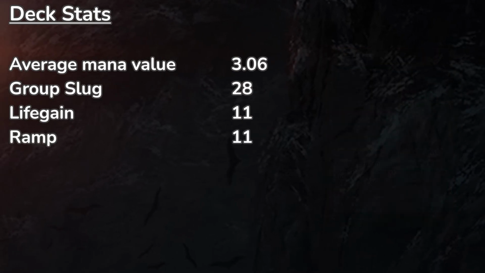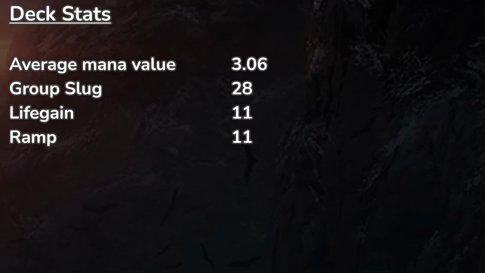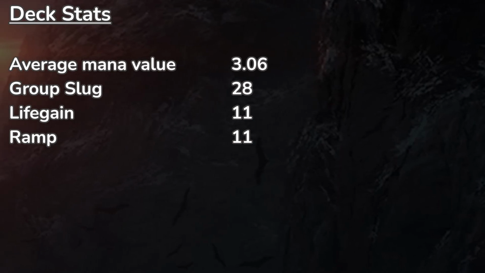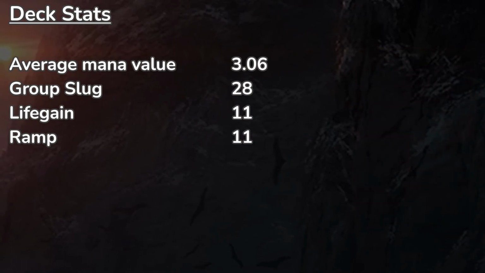Now this deck has 11 sources of ramp. I wanted a decent amount of ramp in this deck, because whatever we find with Florian's trigger, we need to play that card this turn, or we're going to lose access to it. Not to mention, we've possibly already paid mana this turn on something like Flame Rift to make our opponents lose life to trigger Florian in the first place, so you'll need to have access to a comfortable amount of mana